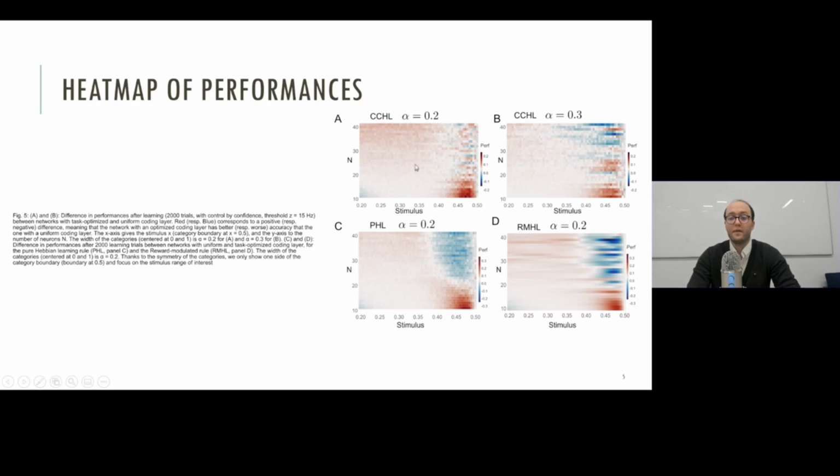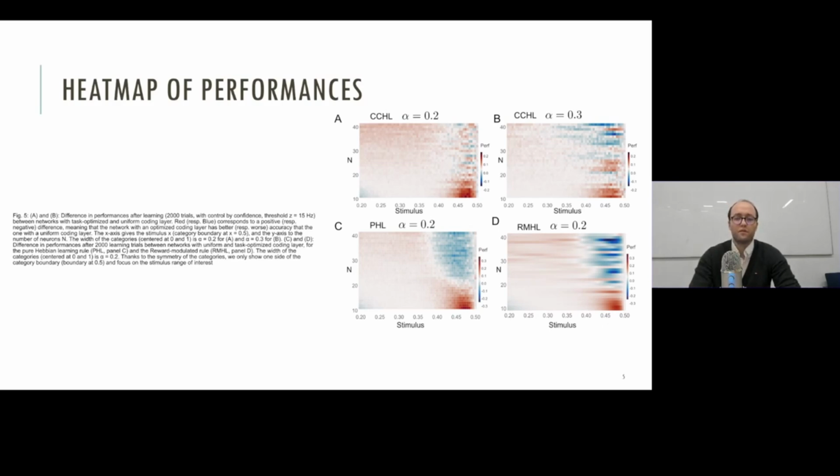And there is a big region of parameters for which it is the opposite. It's red, meaning that the performance of the task optimized network is better than that of the uniform coding layer. That means that with this confidence control learning rule, the network is able to make use of the fact that the coding layer has been optimized and can allocate more resources to have better performance.